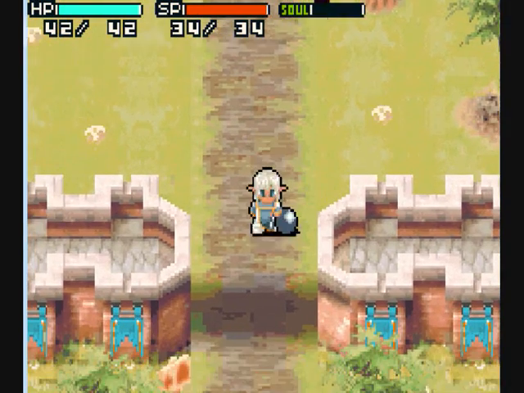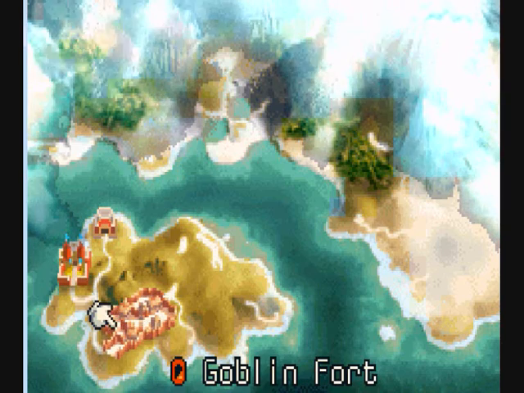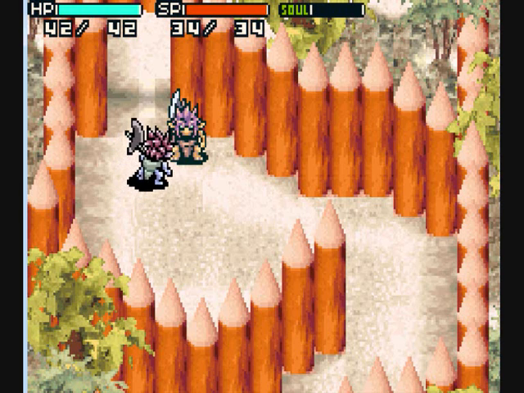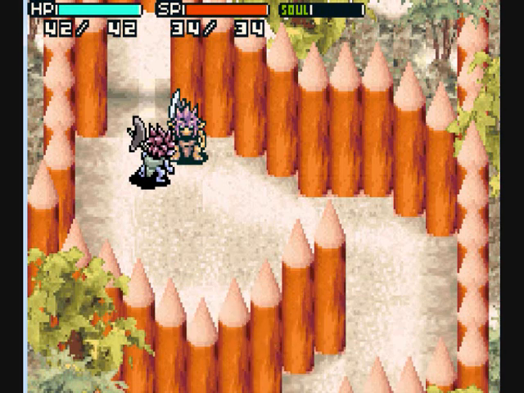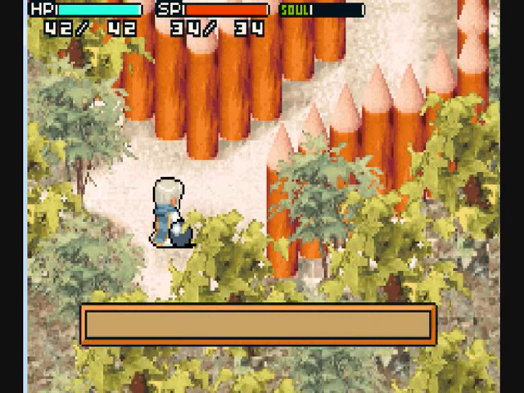Now, a relatively easy dungeon, filled with goblins, as you might guess. So let's go. Here is our world map. You can see the castle, the Colosseum, and the fort. We'll go to the Colosseum a bit later, but for now, let's go to the dungeon. Well, not a dungeon as much as it is a fort. Now, here we get some dialogue with these goblins,